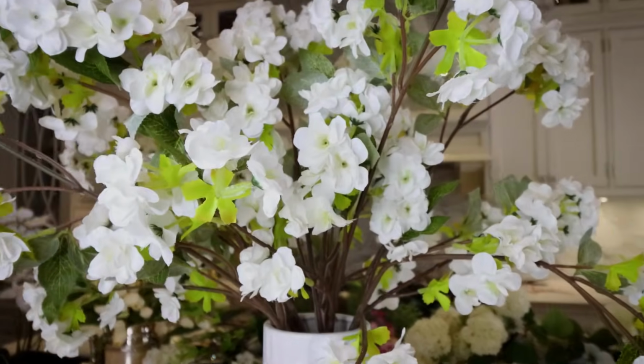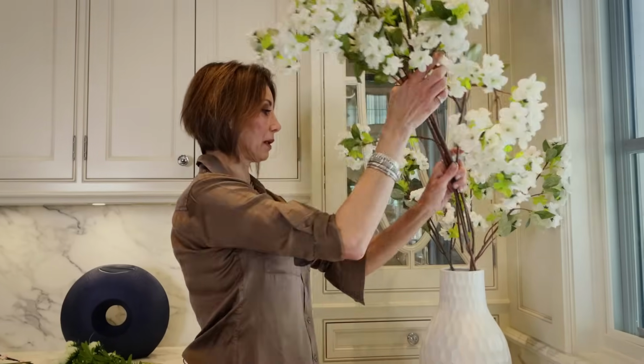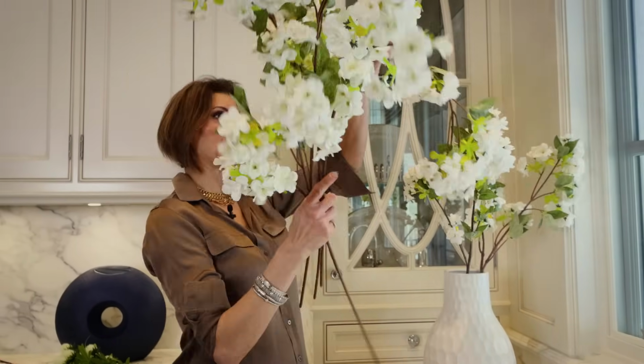My preference, and you'll see in most of my arrangements, is to do one type of flower. Now, I'm going to pull this out for a minute, and I'm going to put 3 stems here. Okay? So you can see for the size of the vessel that 3 flowers or stems aren't going to make an impact. So first of all, these are too short for the vessel. You want your flowers to be about 1.5 to 2 times in height as your vessel. So if your vessel's 12 inches, your flowers should be about 18 to 24 inches above the top of the